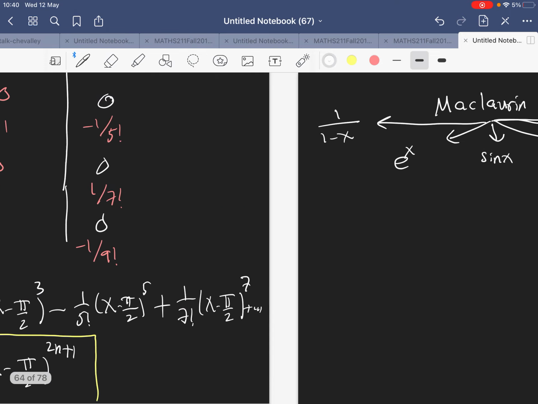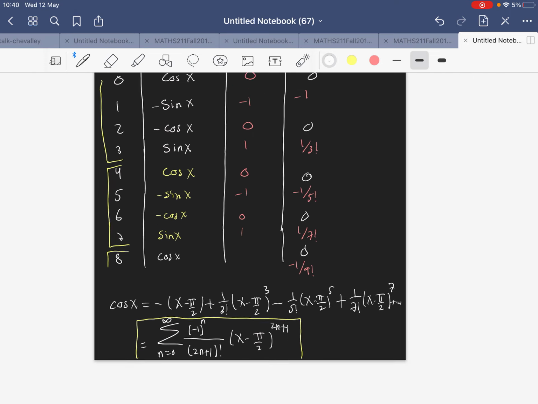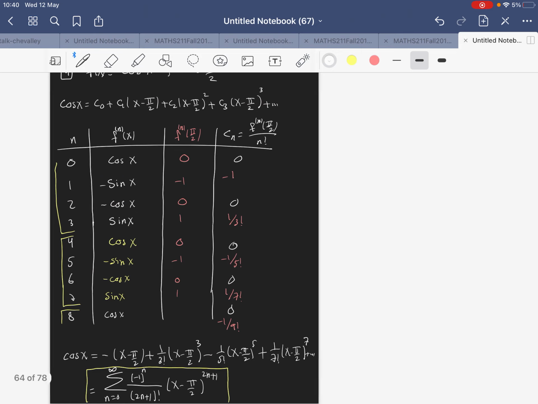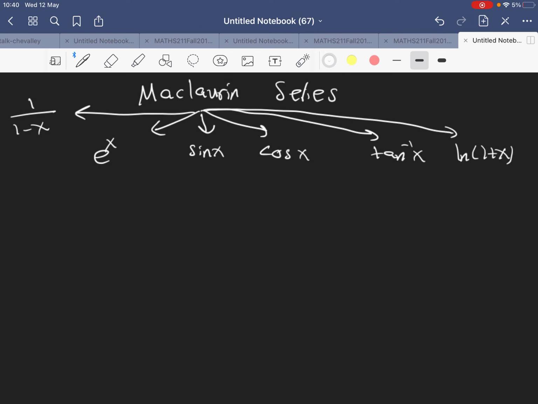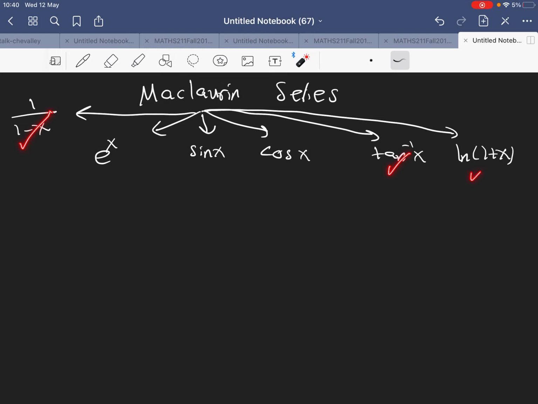I think that's what we want to say up here, and that's the idea. Now what we will do in the next video, part 3, is write the formulas that you need to know for the famous functions. We already have seen the Maclaurin series for 1 over 1 minus x, tan inverse of x, ln of 1 plus x. Go back to section 11.9 and you will see that we already have them. Today we want to write 3 formulas for the 3 famous functions: e to the x, sin x, cosine x, and that will be in the